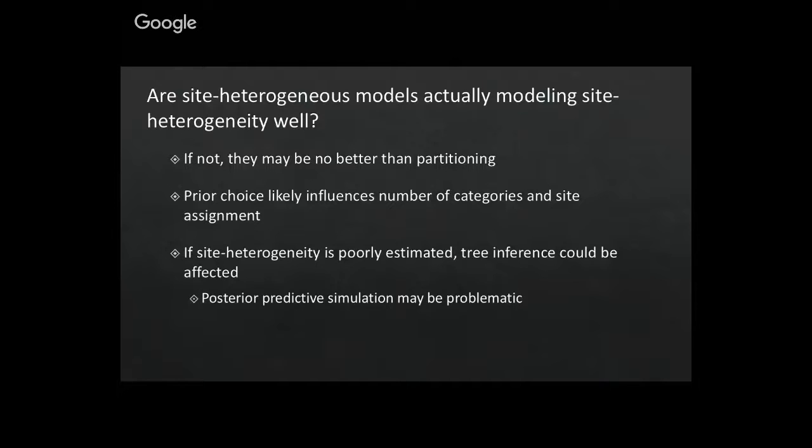However, if it's wildly overestimating site heterogeneity, then those simulated data sets may be no more reliable, or maybe even less reliable than the data sets that we simulated. And that might have contributed potentially as to why we were unable to get a reasonable signal when we did try to simulate data with CAT-GTR. Although I certainly think that's something that could be improved upon and looked at further.